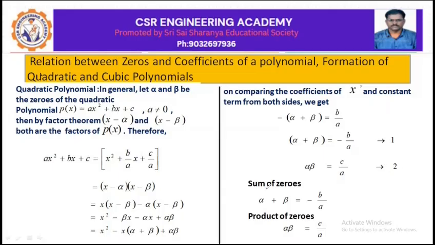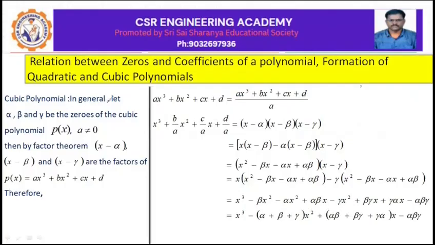So therefore, the sum of zeros alpha plus beta is equal to minus b by a, that is equal to minus of the coefficient of x divided by the x square coefficient. Product of zeros alpha beta is equal to c by a, that is equal to the constant term divided by the x square coefficient. Cubic polynomial. In general, let alpha, beta and gamma be the zeros of the cubic polynomial